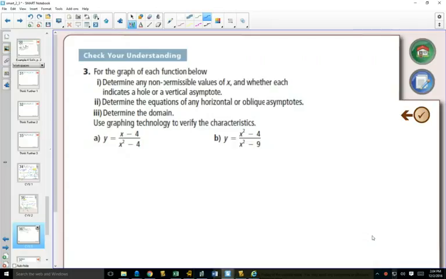So determine any non-permissible values, any asymptotes, determine the domain, and then we're going to actually graph these as well. So same thing as before, and this sort of sets up the pattern. The first thing you're always going to do is factor. What factoring does is it allows you to see if anything cancels out, and once you list your non-permissible values,